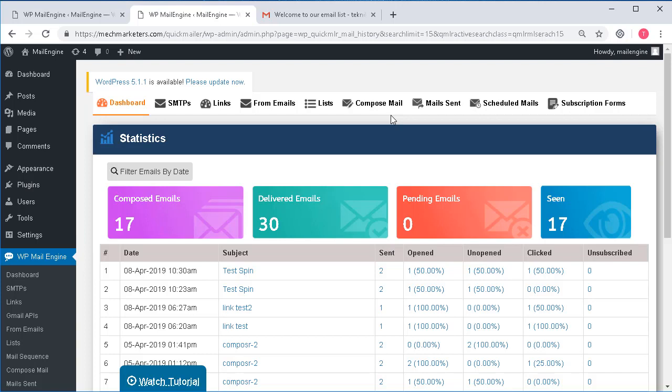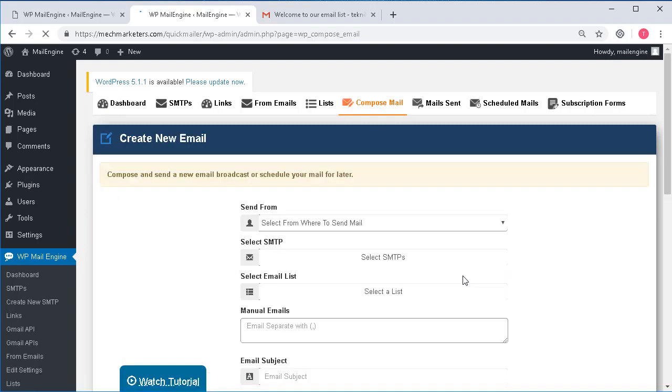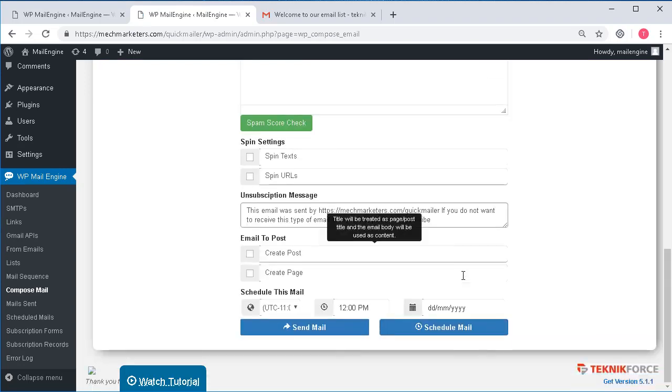We have added some great new features for composing the mail just to make sure that your mails reach your target audience and they don't get filtered as bulk or spam mails by the ESPs. They are all under the compose mail section and other places. They will be elaborated in detail in each of those section tutorial videos, so don't miss out on them. Just to give you a heads up on what they are.